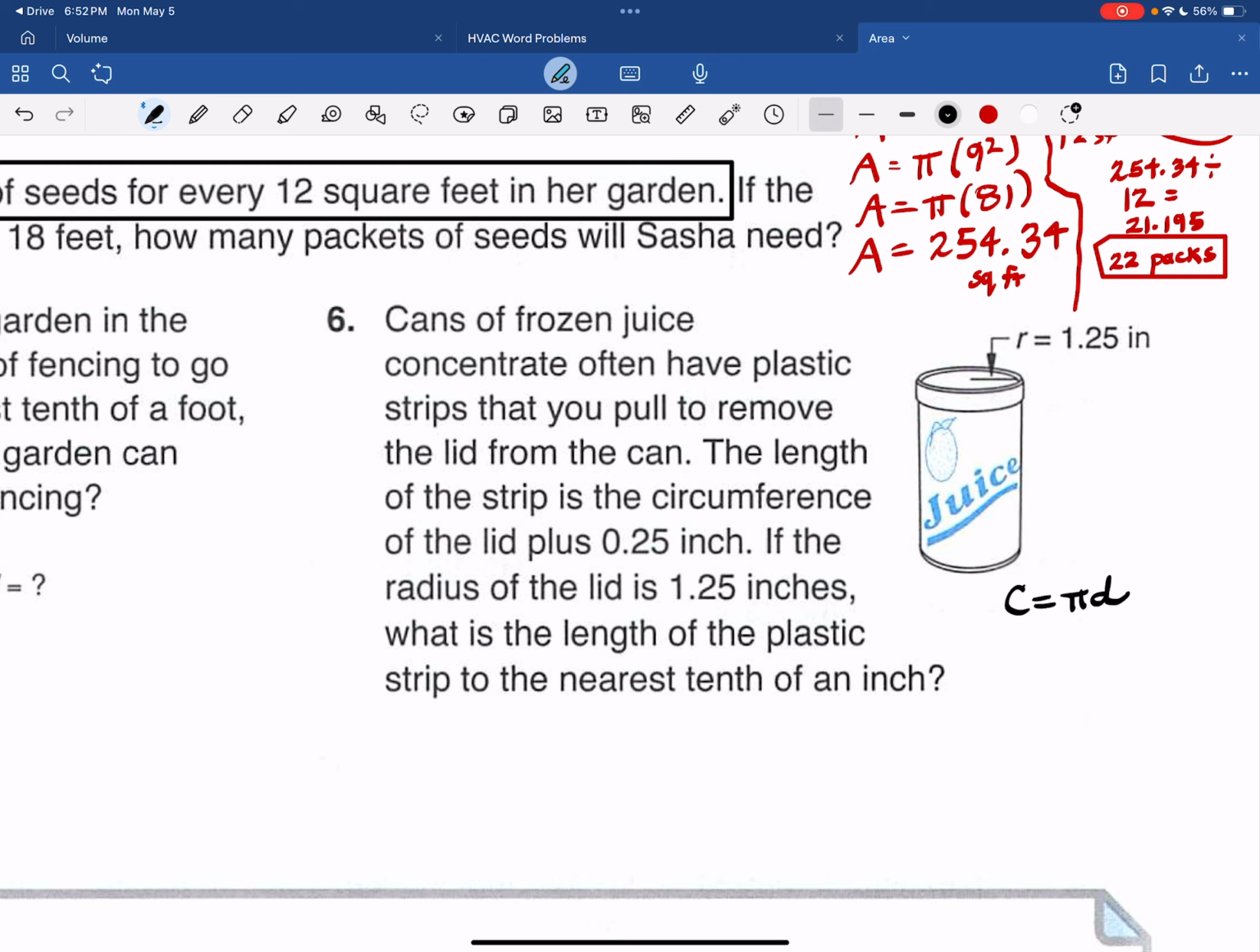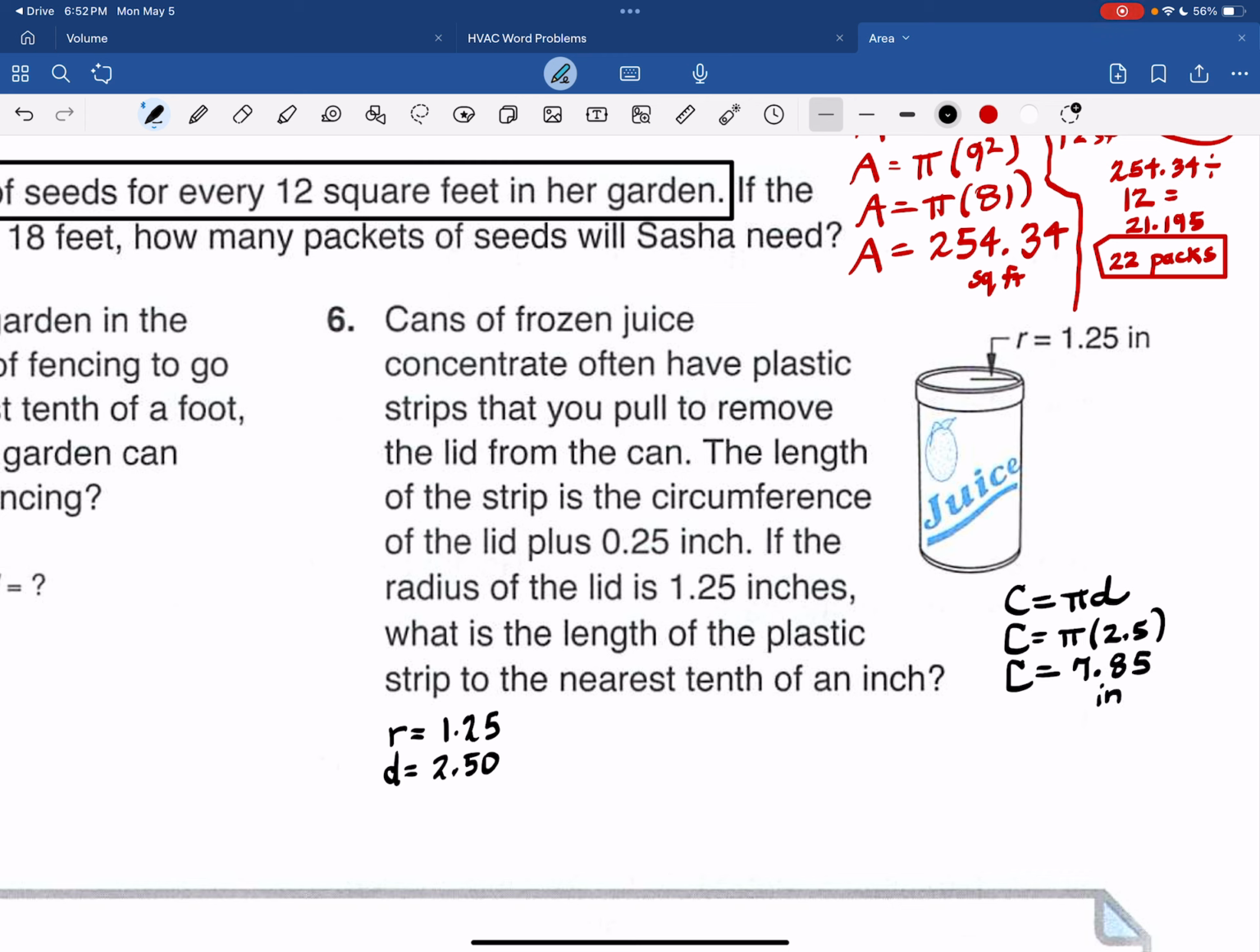Actually, we don't. We need to find the can and then add on the extra. I'm sorry, I misread that. So if radius is 1.25, diameter would be 2.50 or 2.5. So circumference is going to be pi times 2.5. And that is not something I want to do in my head. That is 7.85